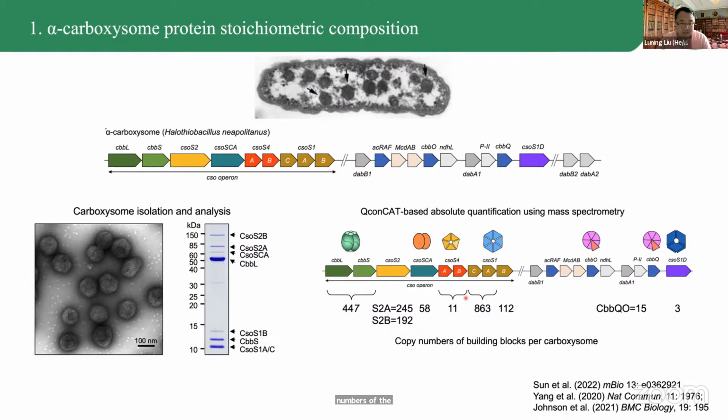For example, there's a shell protein that has more than 1,000 copies, and more than 400 Rubiscos can be encapsulated in these nanoscale nanoreactors. So this information is quite important for fundamental understanding of the assembly, but also to engineer functional carboxysomes with proper